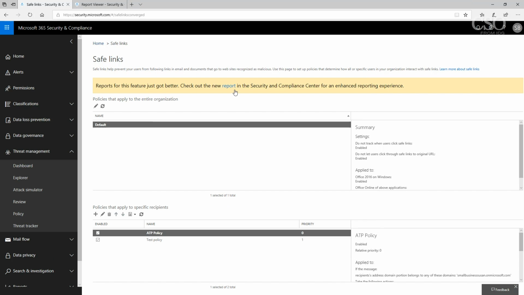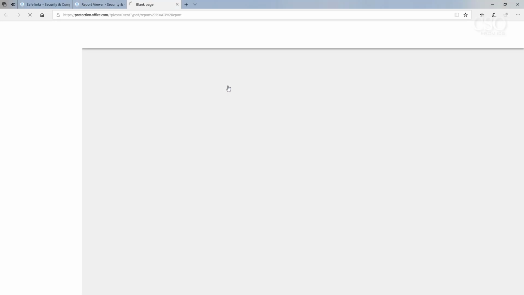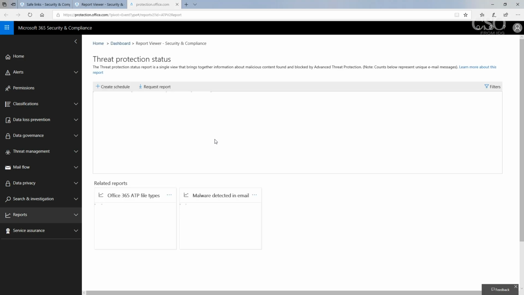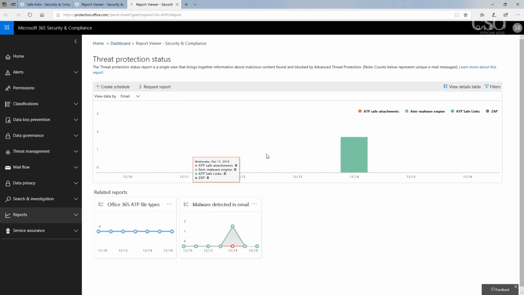And finally, you can actually see it in action by going into the Security and Compliance Center report and seeing the email that it pulls up. It'll identify if it's found any malicious attachments and what's going on there. And there you have it. If you want to give additional protection to your end users, take a look at Advanced Threat Protection.